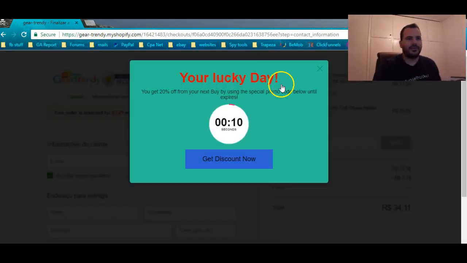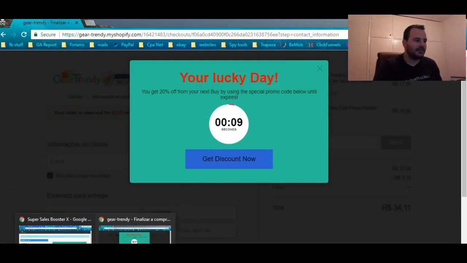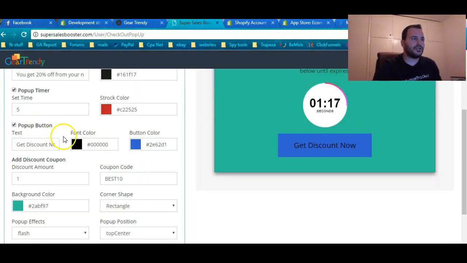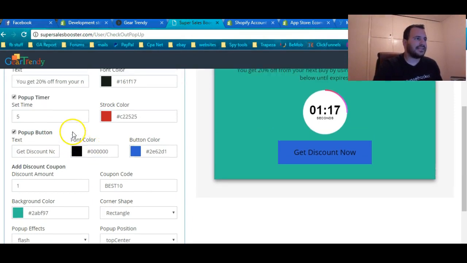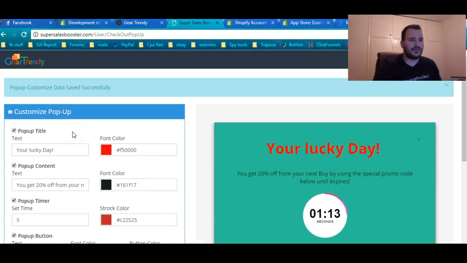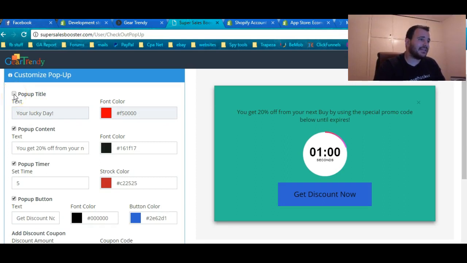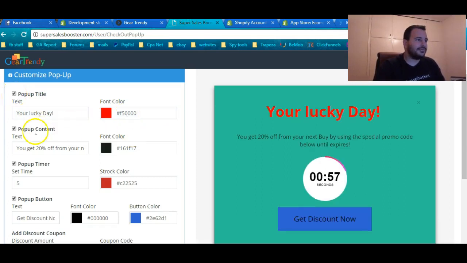It will pop in a split second. Now, let me actually show you how it looks inside. And it's very, very, very simple. I mean, you can have your text here. You can put whatever you want. You can activate, deactivate, change the color,